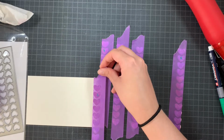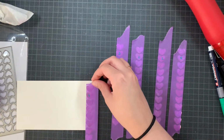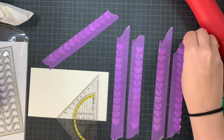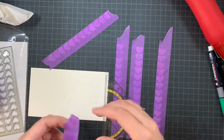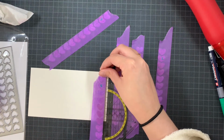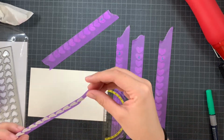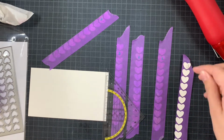Now, I wanted to keep them in order, but then I didn't use the order, so just forget about it. But I did like the spacing of the hearts thanks to the die. So that's why I took all the hearts out using purple tape to have it in place. And then I trimmed down a mini slimline panel from the same watercolor paper. Why? Because it has the same